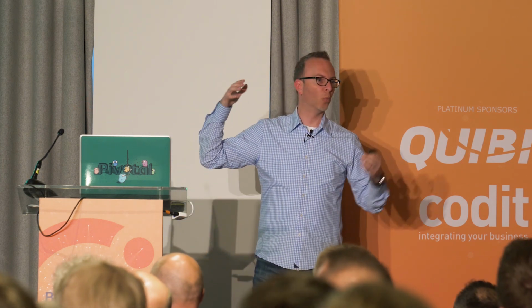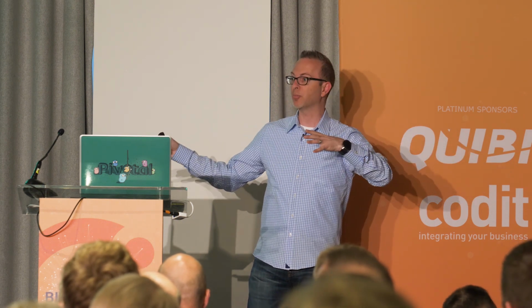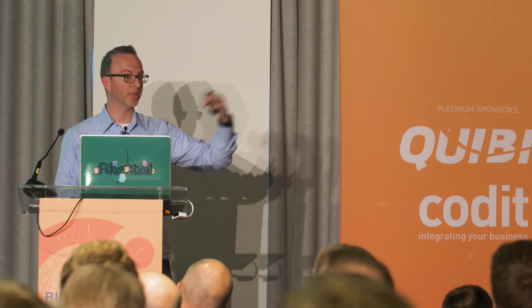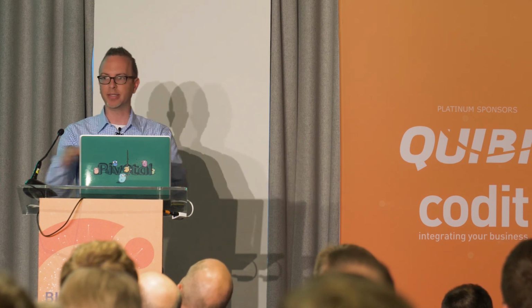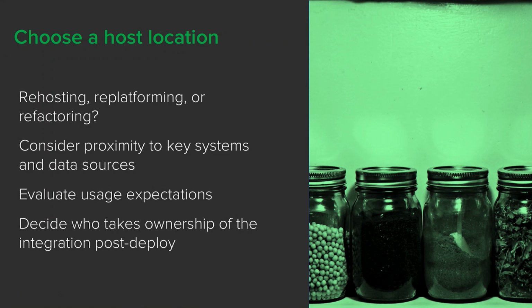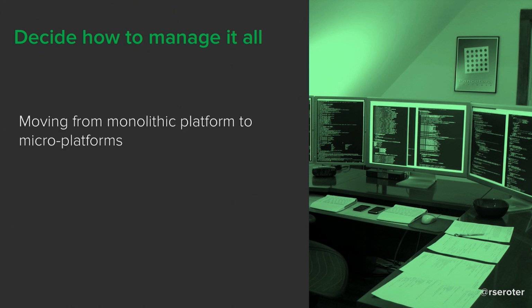If you're going to get away from one team owning all infrastructure and move to a DevOpsy style, where you're going to have teams that might be owning their version of their platform, that's going to be a different model for you. So is that where you're going to go, or are you going to continue to have centralized control of this? Do you have to think of tools to help you manage it team by team, or tools to manage it as a whole? Those are going to be tricky things, but based on your choices, you're going to make different decisions. So yeah, you have to decide how you're going to manage it all, right?